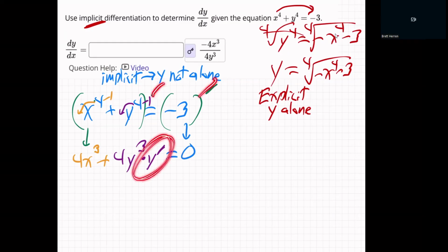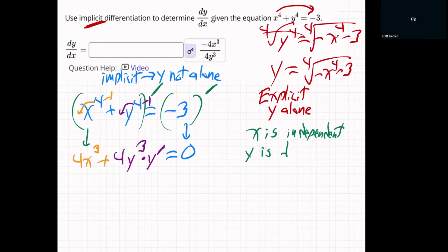Now you probably wonder, what the heck is that y prime? Why is it there? You didn't do that for x. Why'd you do it for y? It's because y and x are not the same. I know normally in math and science up to this point in your math science career, you just thought letters are letters are letters. X is x and y, whatever. Not quite so. X is the independent variable, and y is what we call the dependent variable, meaning it